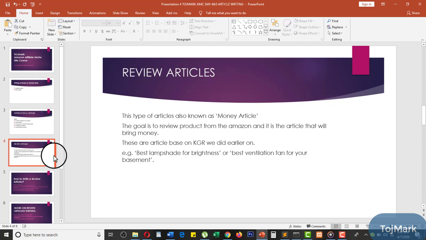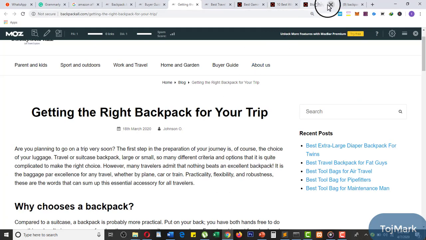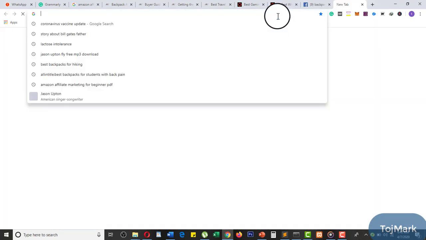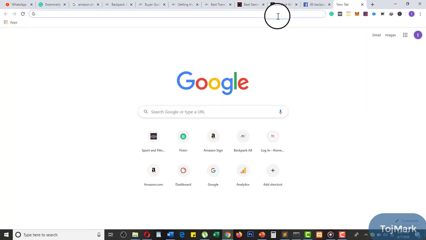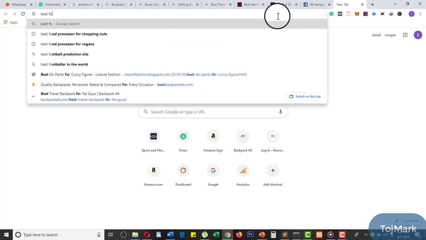I have mentioned it before. So this is an article based on the KGR we did earlier on, for example, best lampshade for brightness or best ventilation fan for your basement. If you go to Google and search for best lampshade for brightness, I think I have explained this. Anybody that searches for anything related to "best" has the intention of buying a particular product. If I want to buy a shoe now, for my football, I will say first football